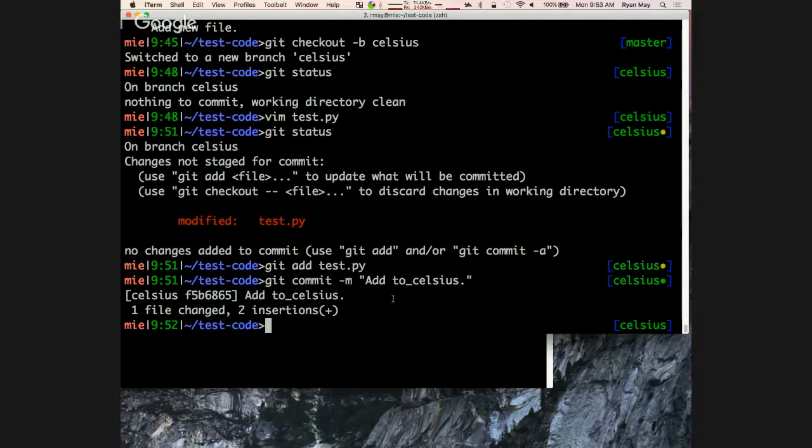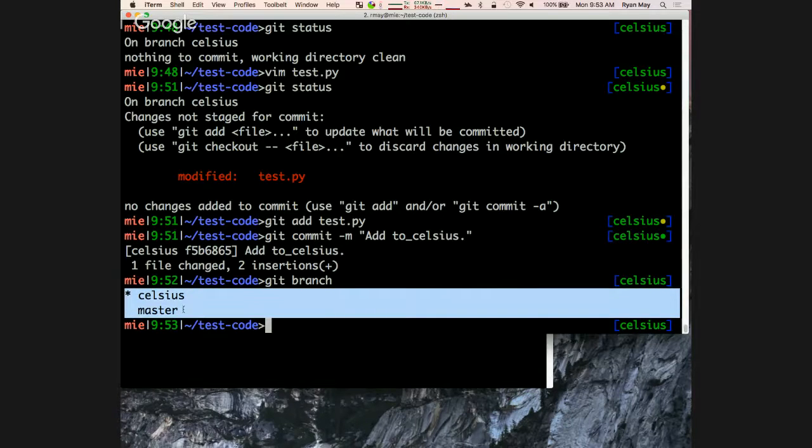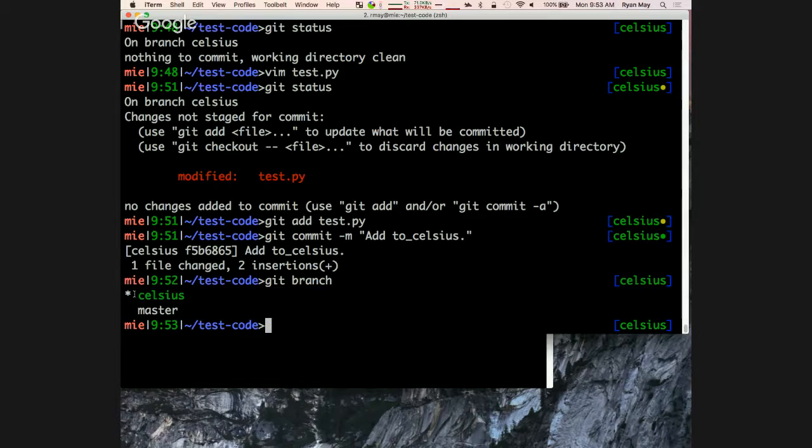Is there a way to list all the branches? Yes, there is. And for that, we use git branch. That's another way to see what branch you're on if you don't want to use git status. You type git branch, it lists them all, and it puts a star next to the one you're currently on.